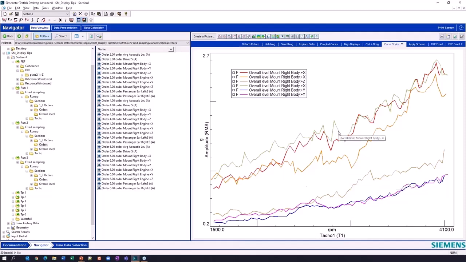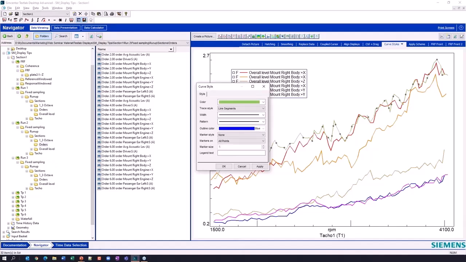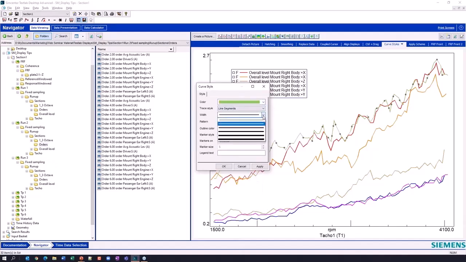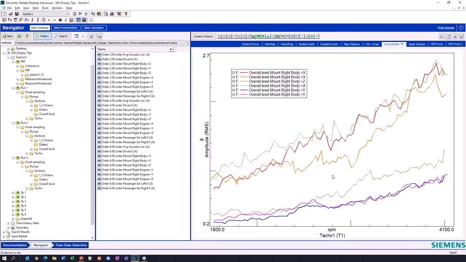And so I can go through here and I can certainly double click on any individual trace and change the color and the width or the thickness of the line, etc. I can do that one by one. And maybe that's how I created this. But now that I've got it done, I say, man, I really like this order where it goes red, orange, sort of tan, then green, then blue, then purple, sort of a rainbow color order here. I can now, without ever having to recreate this, apply this curve property schema over and over.